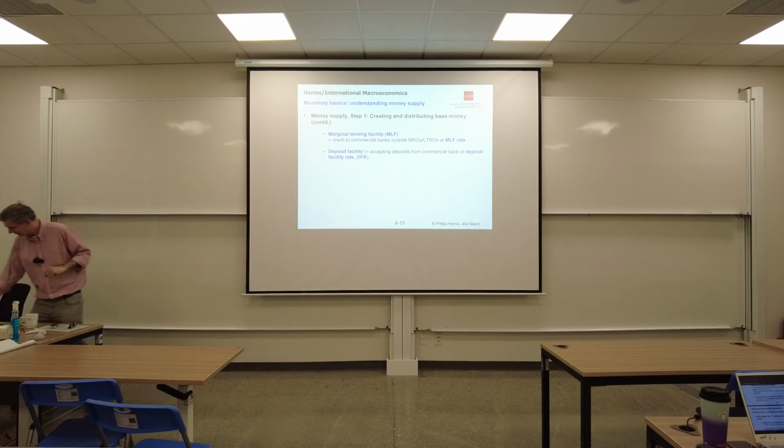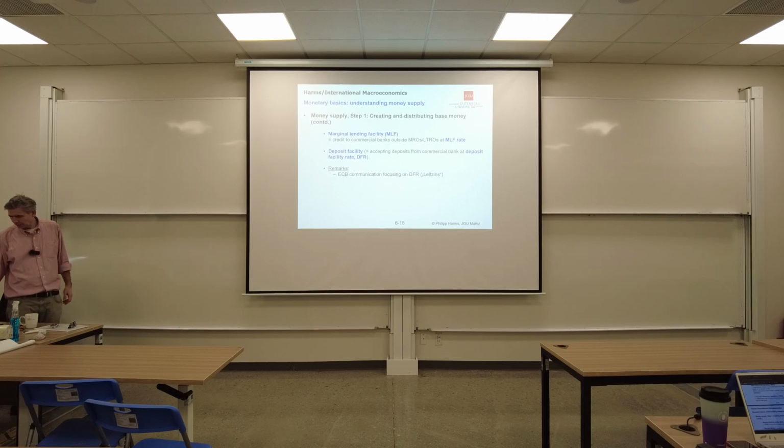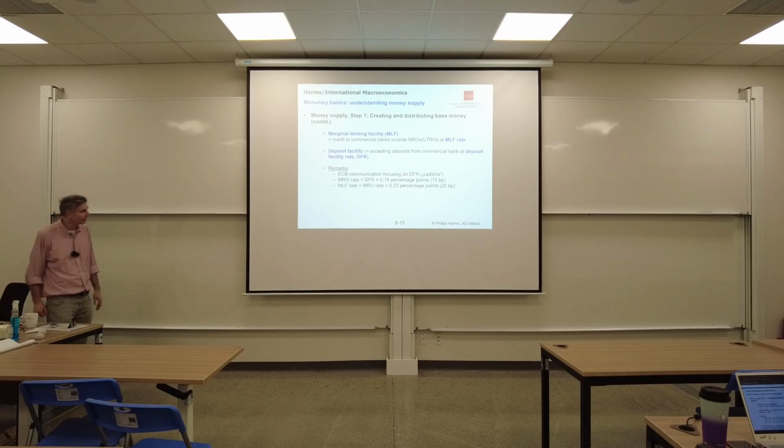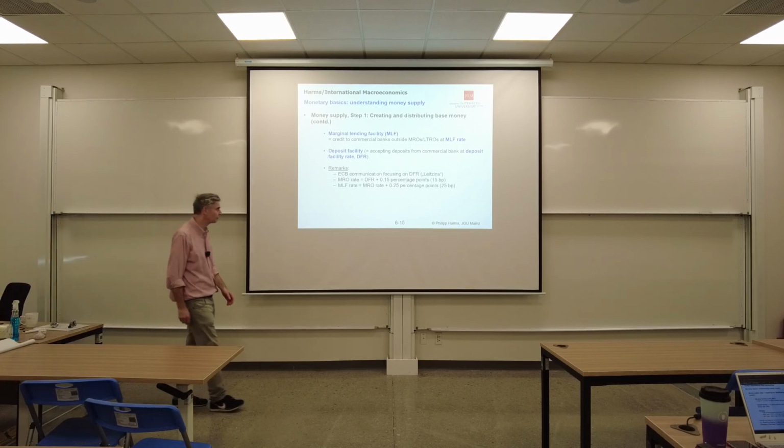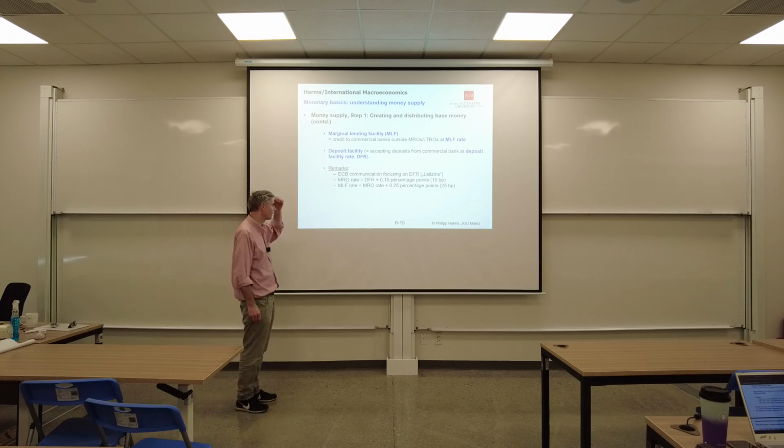Now, the ECB communication focuses on the DFR, which is called the Leitzins. The main refinancing operation rate is the DFR plus 0.15 percentage points, and the MLF rate is the MRO rate plus 0.25 percentage points. Don't learn that by heart,